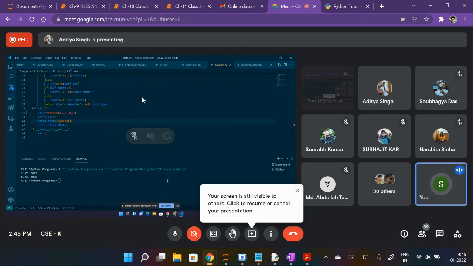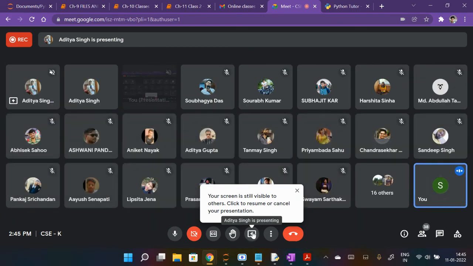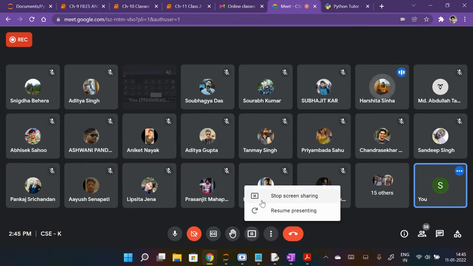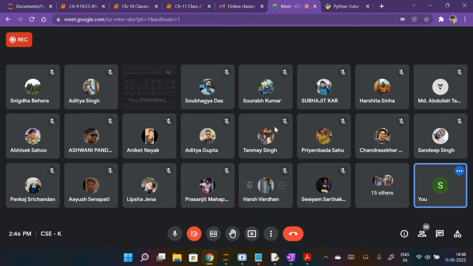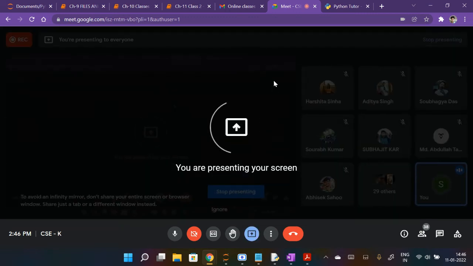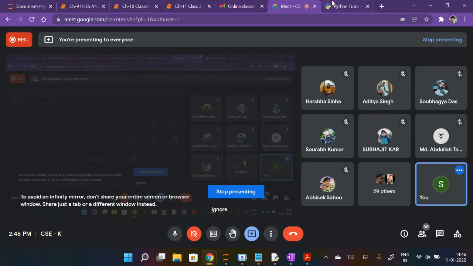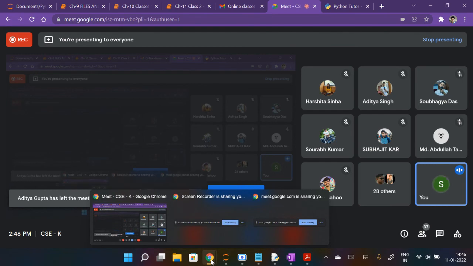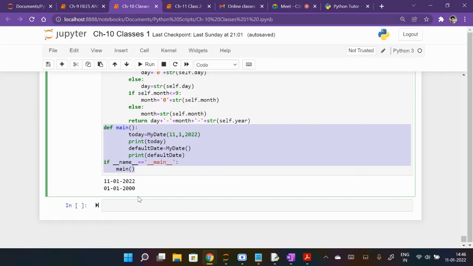Write and check where the problem is. You write it, understand every line, and then see whether you are getting the correct output or not. If not, then what is wrong? You have to identify it. Okay, Aditya, thank you. So the rest can do. You have the program. Just write it and check whether you are getting correct output. So I'm writing one program, and I will ask you the output. So you just check.